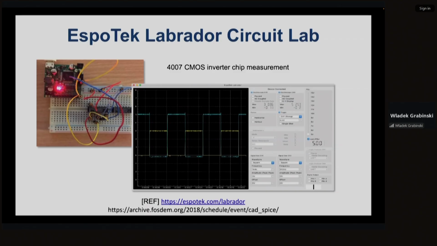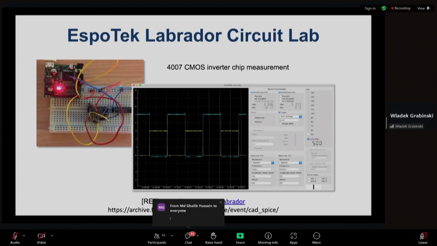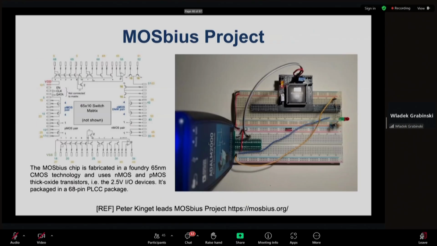This includes a two-channel function generator, a two-channel scope and digital analyzer. For just a couple of US dollars or Swiss francs, you can buy this tiny board. I connected a very simple CMOS inverter, applied the signals, and could visualize the inverter output.